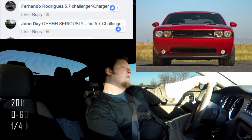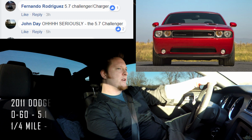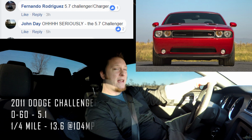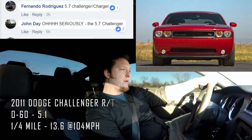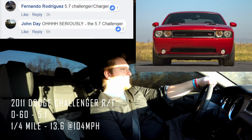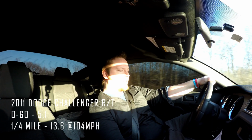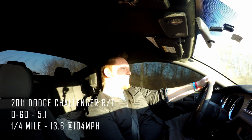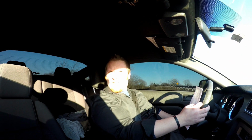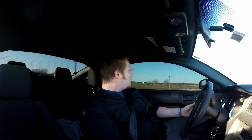2011 Challenger RT. 11, 12, 13, 14, all the year models were basically the same for the RT. Not much changed until I think 2016 when they got the 8-speeds. So if you're up against an 8-speed Challenger, you might want to watch out because those are a little bit quicker than the older models. But yeah, Challenger RT does a 13.6, I believe, at 104. So again, a little bit higher trap than the 3.7, and 0 to 60 in 5.1. So 0 to 60 is the same. Trap's about a tenth faster, but I think in the real world you can have, again, a really, really close race. But